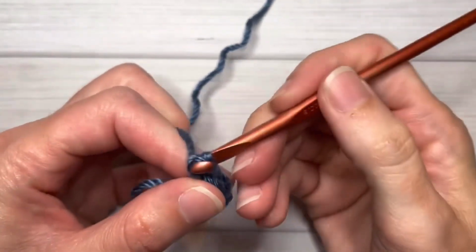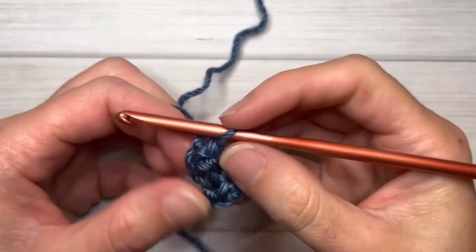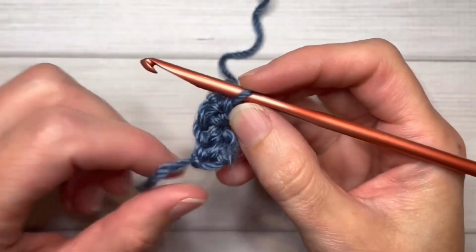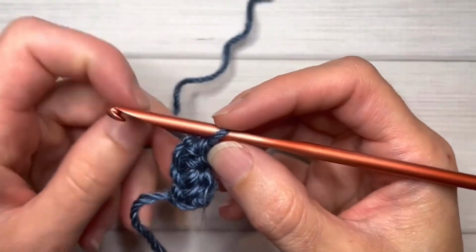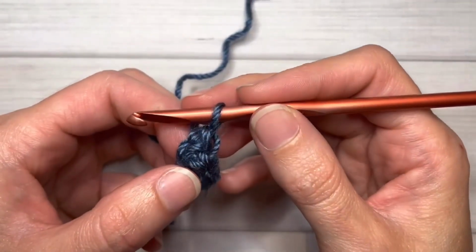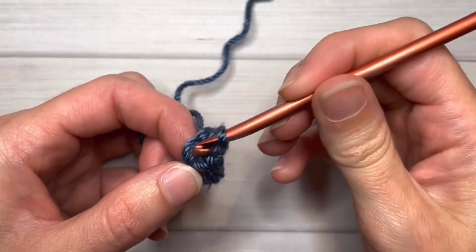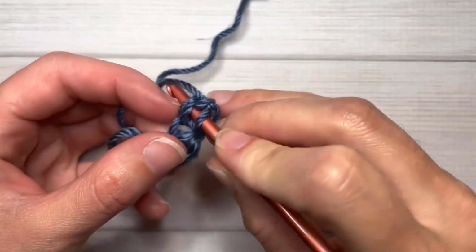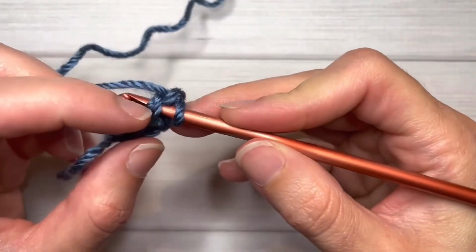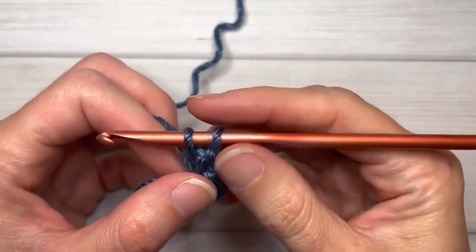Remember, chain 1 first, finish out your single crochet. So you can start to see there's little V's as we go along the foundation. I'll do it again. So in the middle of this V right here, stick my hook, kind of make sure I have 2 loops that I've stuck it under, yarn over, pull up a loop,